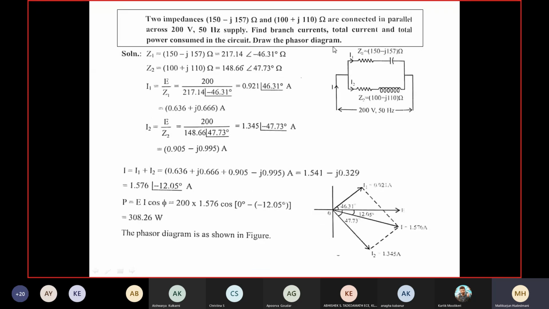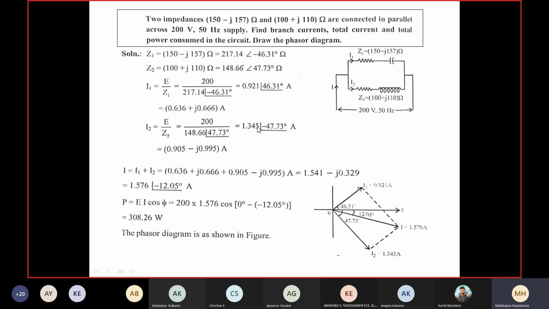Then what is this phasor diagram? In a parallel circuit concept, it is natural to ask you to draw the phasor diagram. It simply represents the vector I1 this way. Suppose you draw a complex plane, horizontal axis, vertical axis. Then measure the approximate length of 0.921 at an angle 46.31. If this is the horizontal axis, above this by an angle 46.31, a certain magnitude. What is the magnitude? 0.921. You just draw a line representing vector I1.